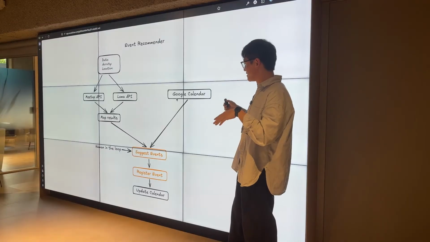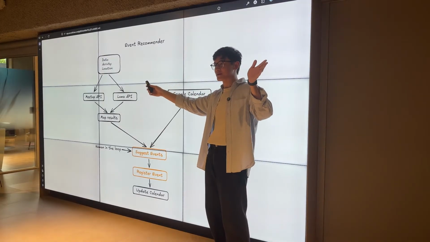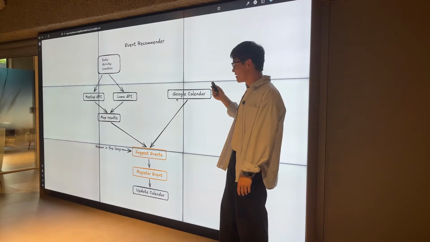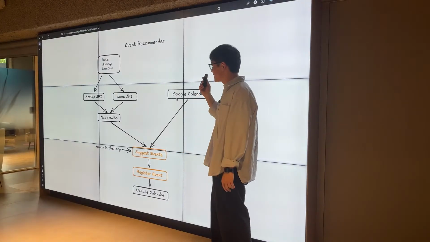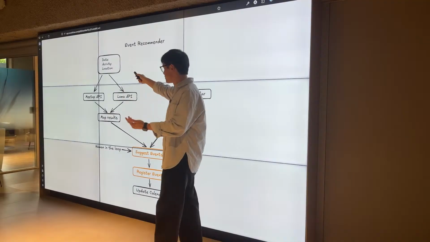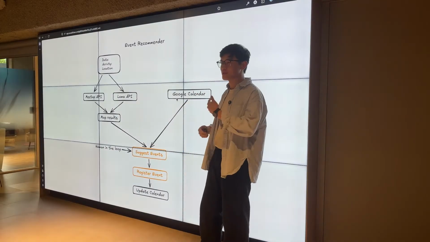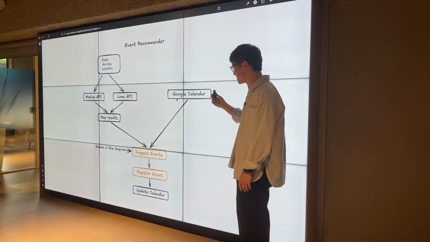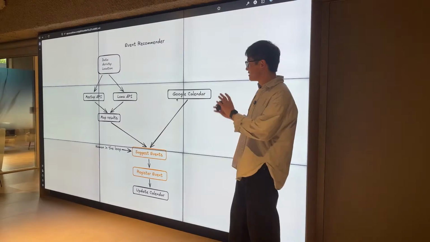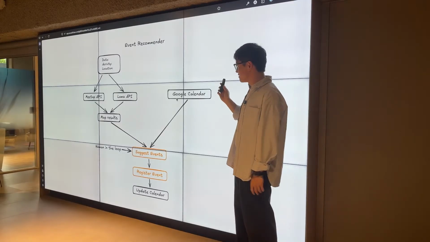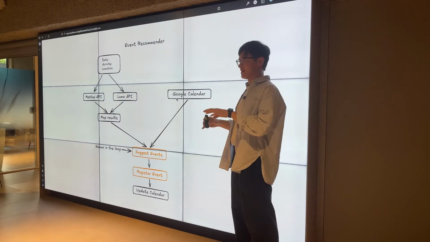But before we dive in, remember that spectrum, deterministic versus probabilistic. Of all these components that I just named, really only these two are probabilistic. If my input is the same input, the Meetup API and Luma API are API endpoints, so they will return deterministic results. Google Calendar, deterministic. Update calendar, that action is also deterministic, so you see? When you're building a system, only about 20% of the system should be probabilistic.